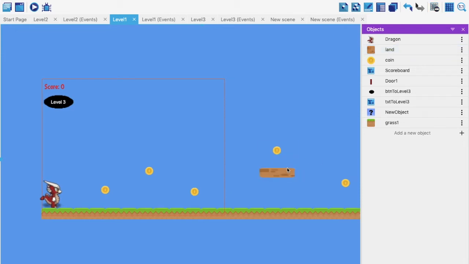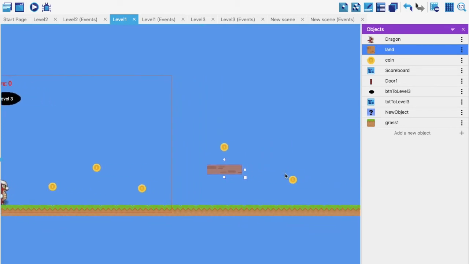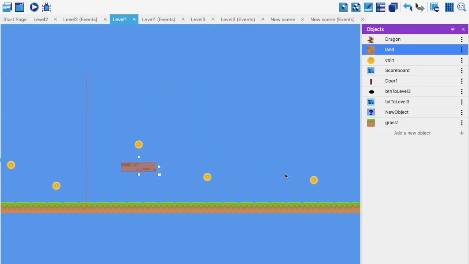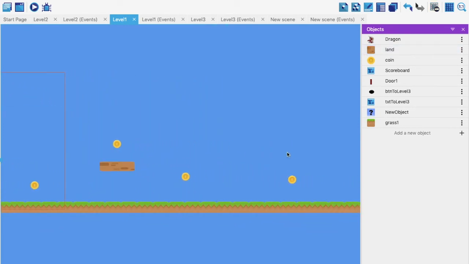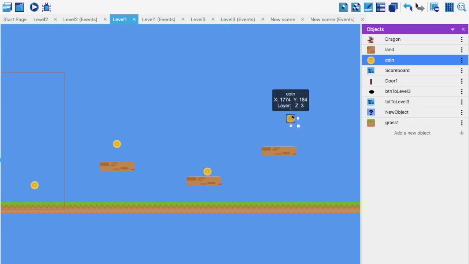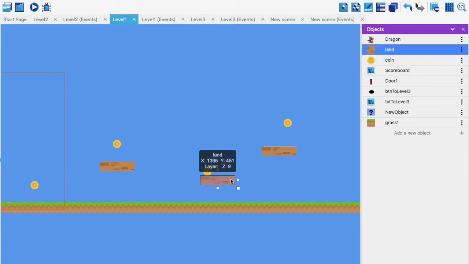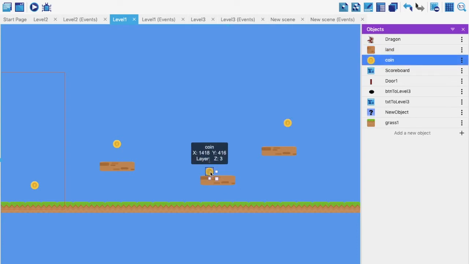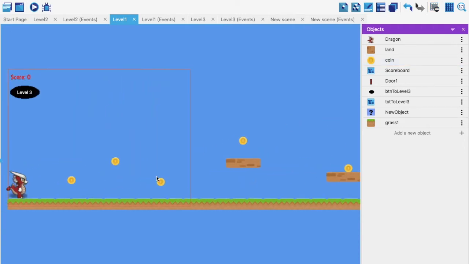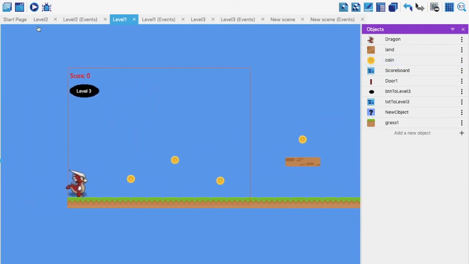Okay, so command C. Okay, this looks decent. Now let's do one thing. Let's see how this game looks till now based on our prior coding.